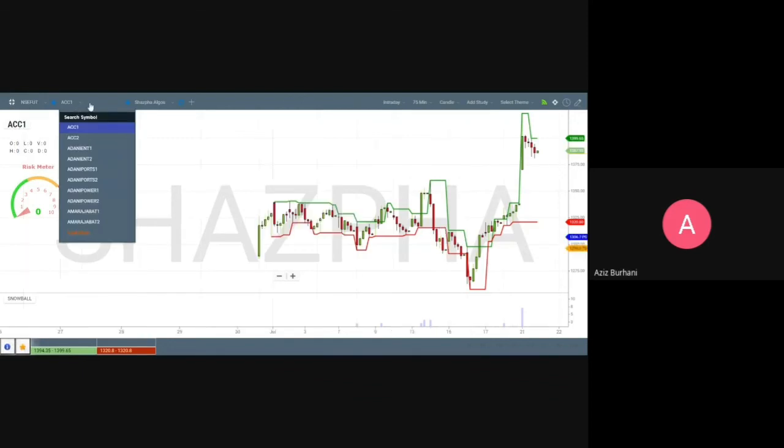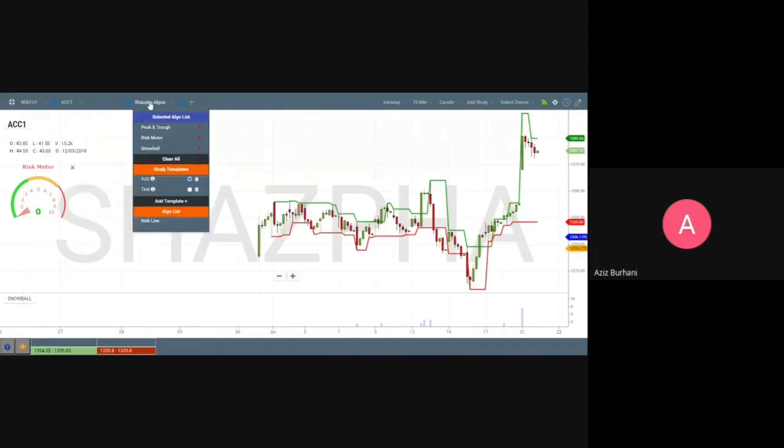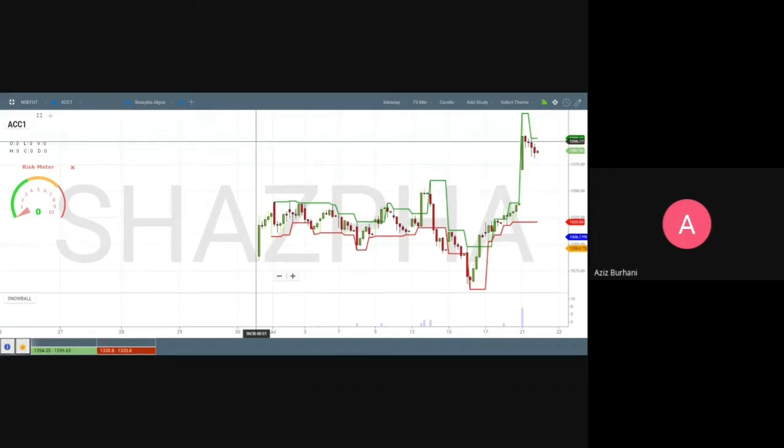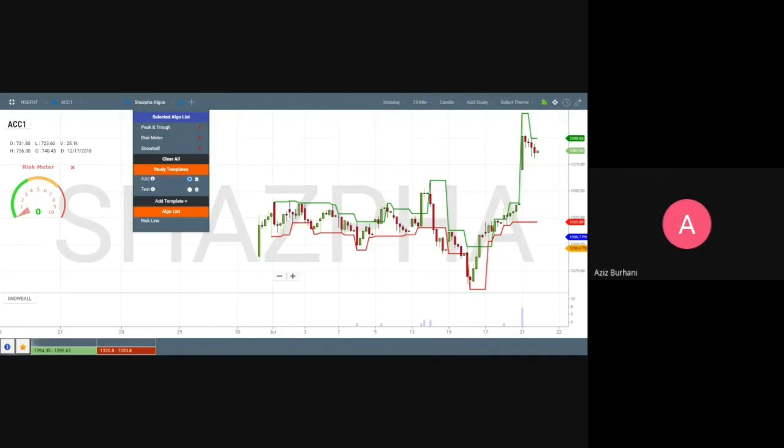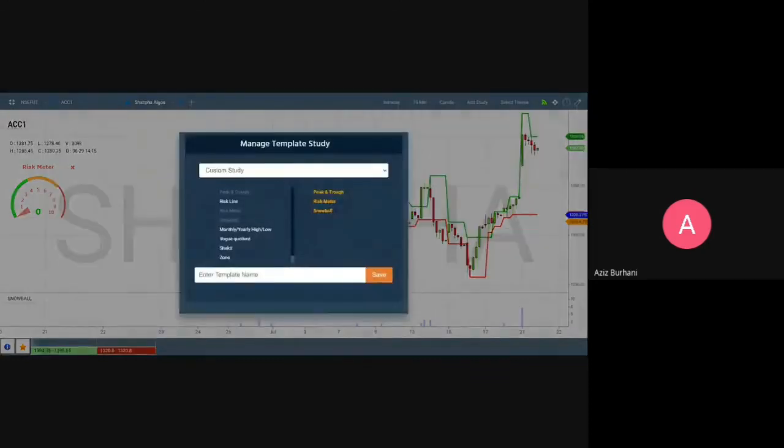You can choose the market. You can choose SHASVA algos from here. You can create a template. So there is a default template that you can create from here. So if you add template, it will give you an option of if you want to create it as your default, you can create it as your default, and whatever template you create, the chart will open with all your studies there. I mentioned yesterday also, the SHASVA algo scanners are more than enough for you to